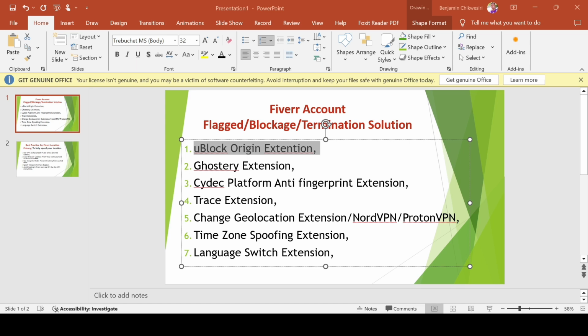It also helps in preventing Fiverr from collecting any hidden data that could flag your account or make your account look suspicious.